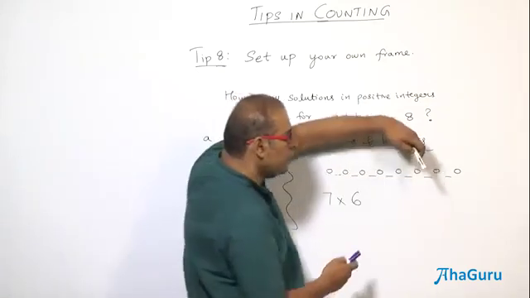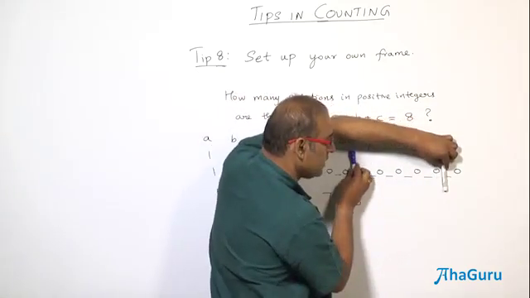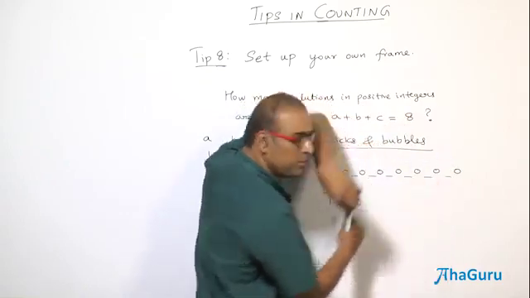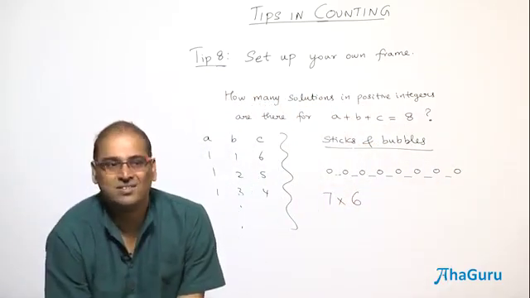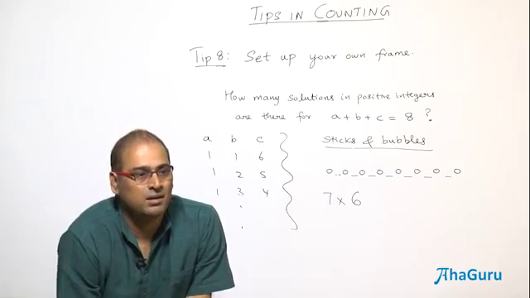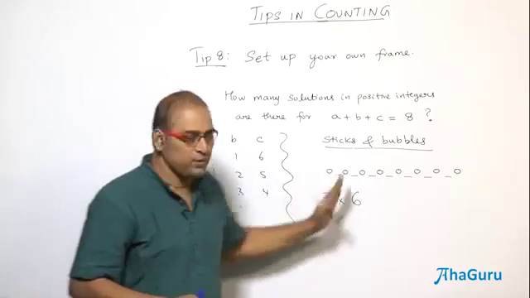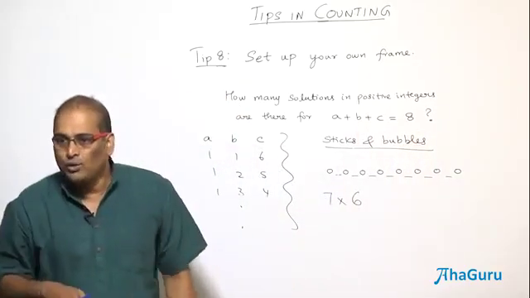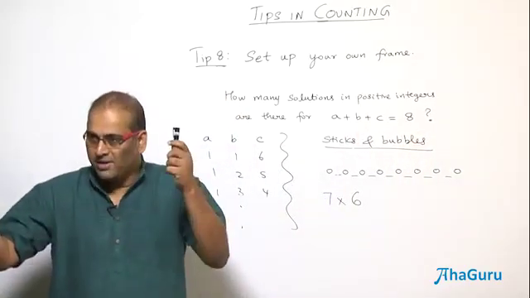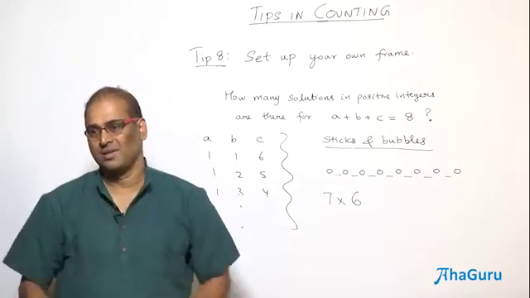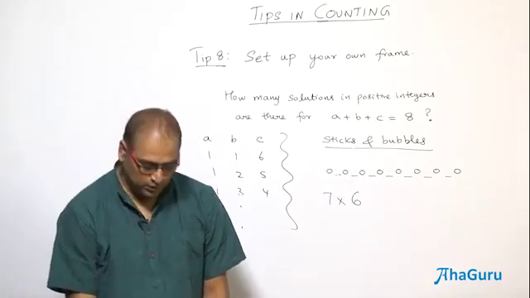In that 42, this is one arrangement. This is one arrangement. But actually both give 2, 5, 1. It's the same. So it's multiplied by 2. Every composition is counted how many times? 2 times. Are you able to understand? Blue here, black here, same compartments. Therefore you must divide by